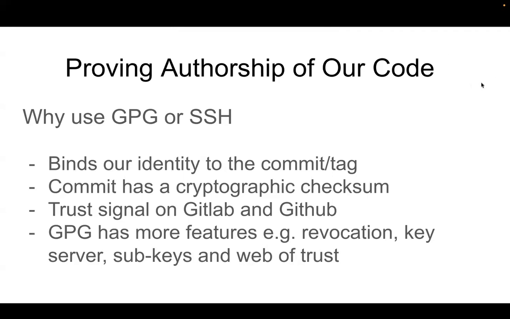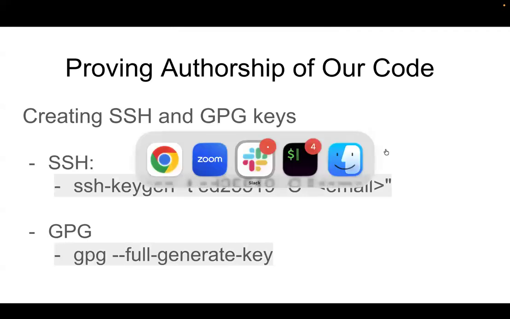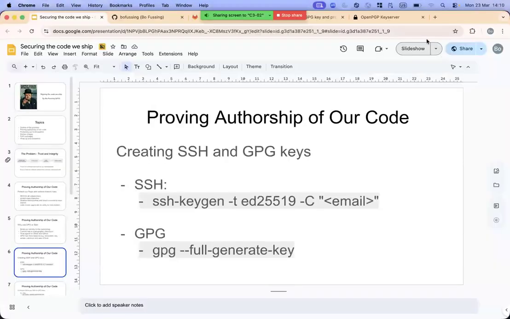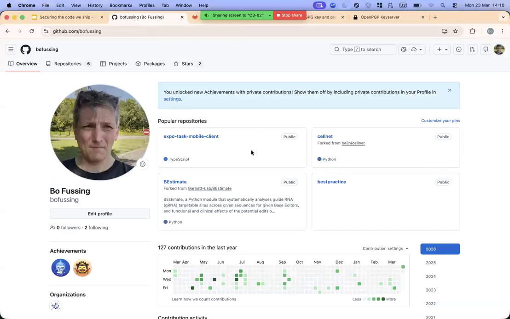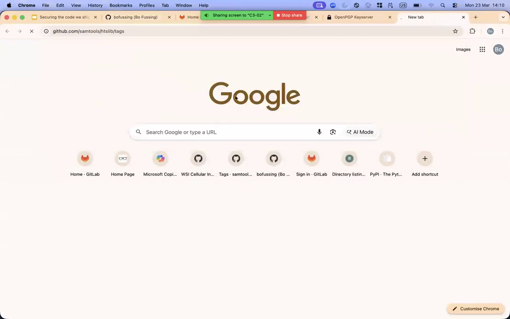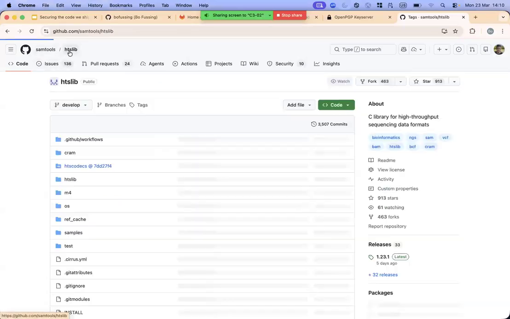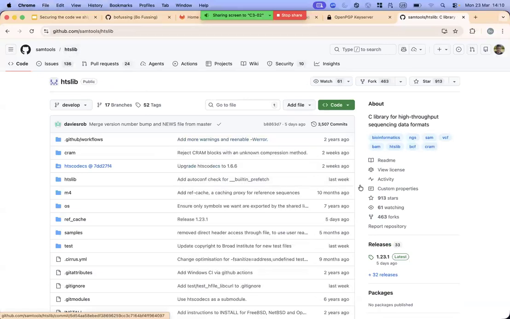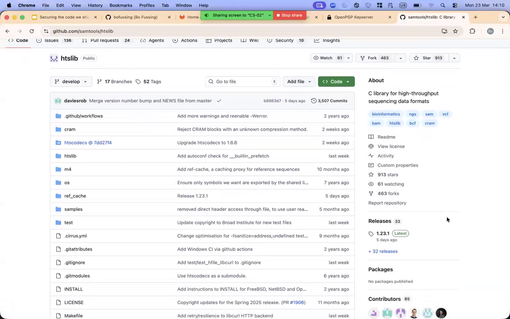All right, so let's get into it. Let me quickly show you a little bit about what I'm talking about. Let's try SAMtools because I was looking at that earlier. HTSlib is one of the core parts of SAMtools that many of you will have heard about. And Rob's good enough that he signs the tags whenever there's a release. So you'll see that